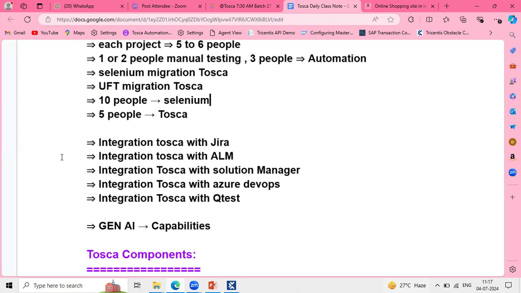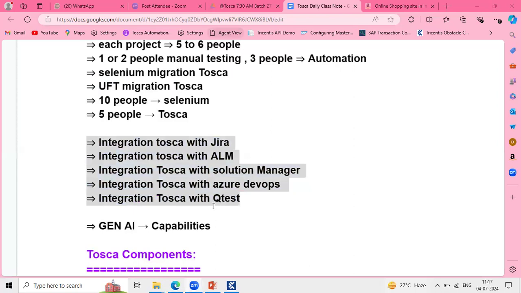So team, this integration is possible, but we are not covering these concepts as part of the training session. To do this integration and all this setup, we require separate licenses and authorizations. This integration part is completely handled by the COE team, the Center of Excellence team members, and the test lead and test manager only. As a team member, we may not get the chance to work with this integration part. You got my point, everyone? Yes, sir.